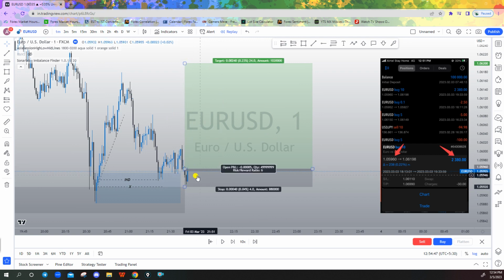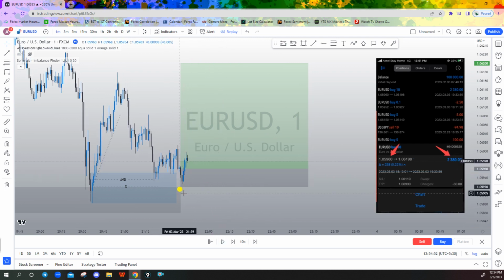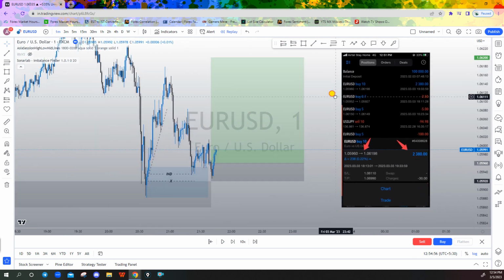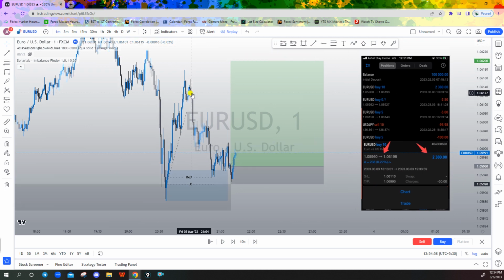Yep. So this is the point where I took the entry, approximately at this area, and I kept my stop loss just below this. So where was I targeting? That is the next question, right? So I was targeting,